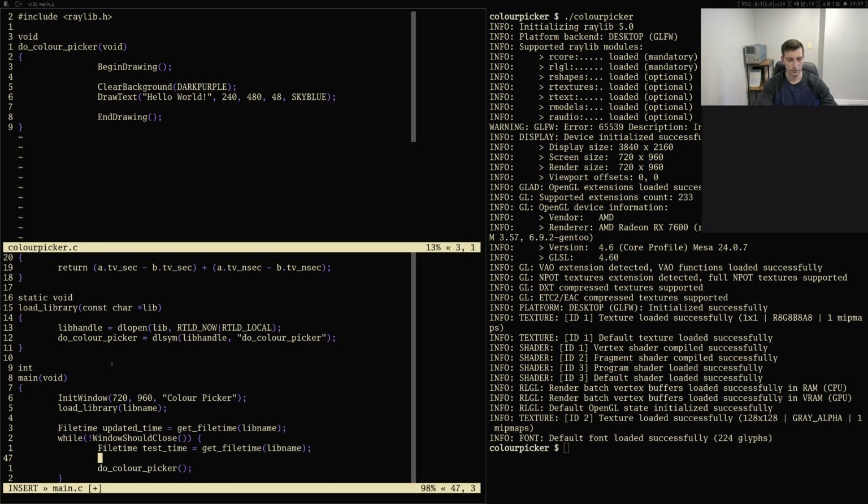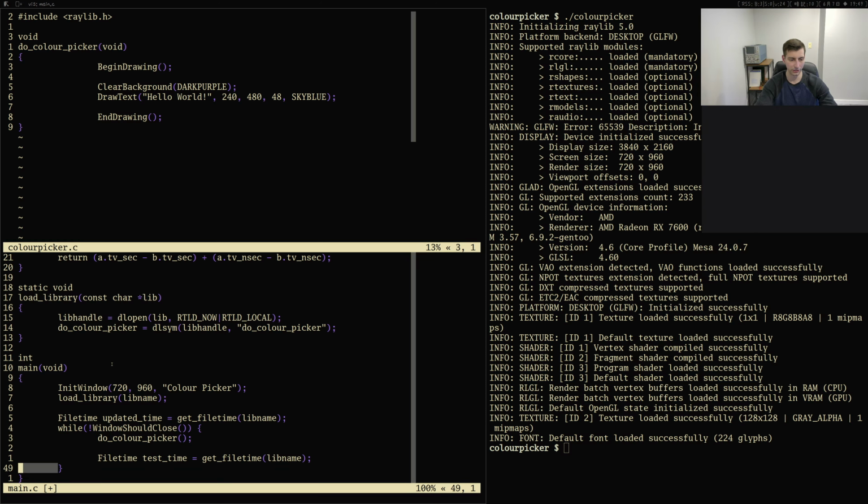The order of this makes no difference at all. And so yeah, if the times are different, so basically if compare file time test time, updated time,